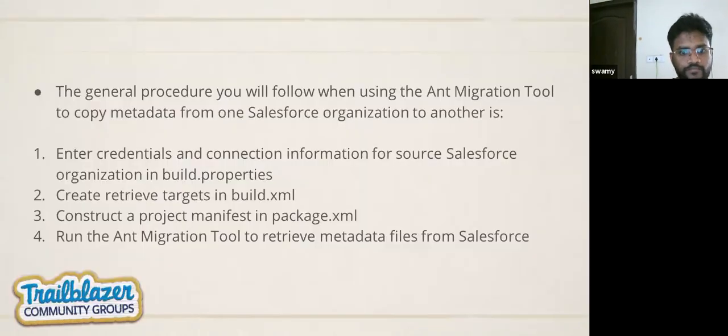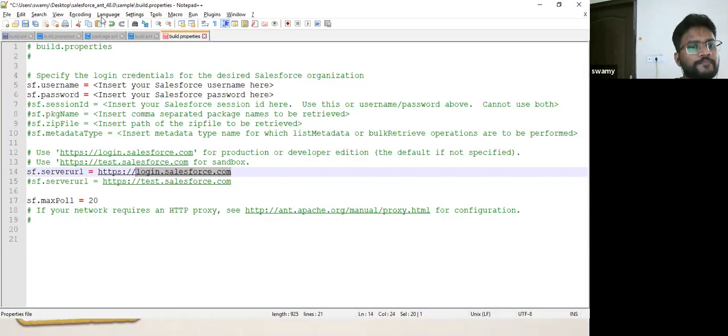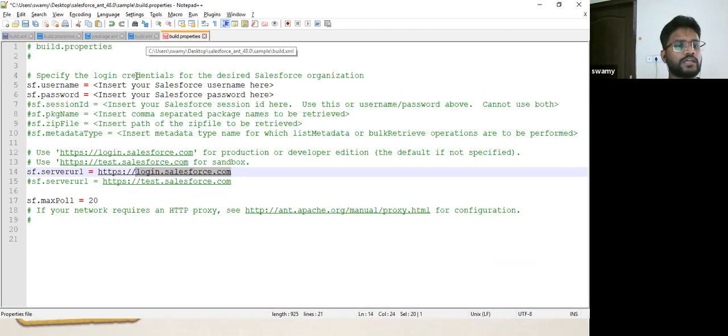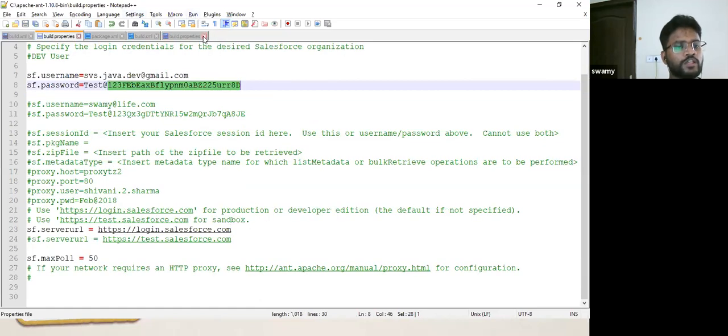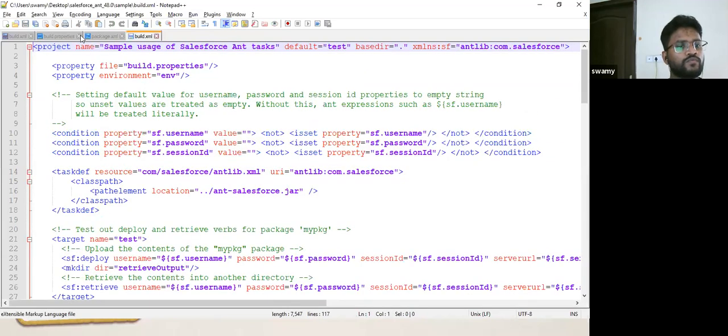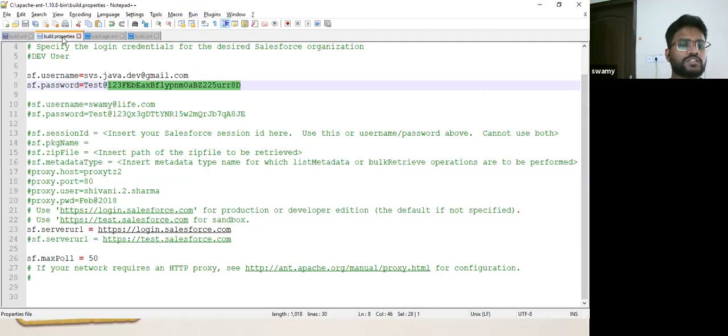And build.xml, yes. Here is build.xml. The first two things: it will load this properties file. Right now I haven't written anything in this properties file.